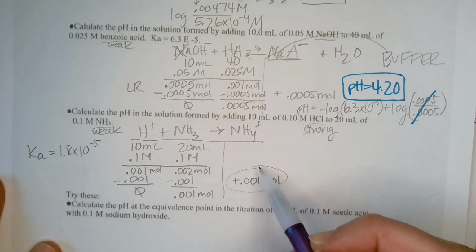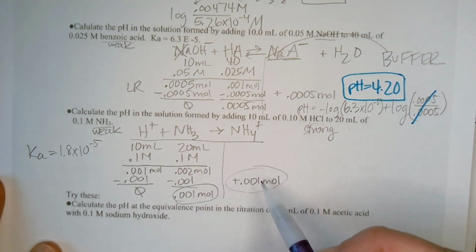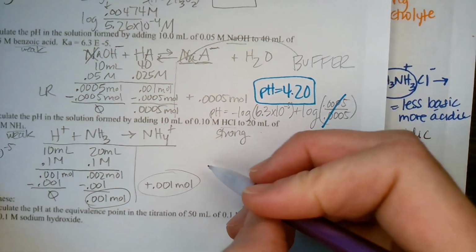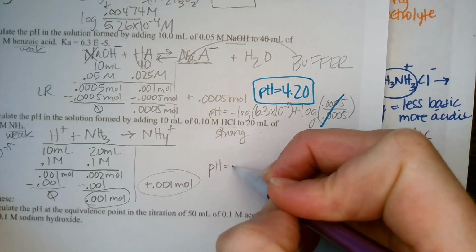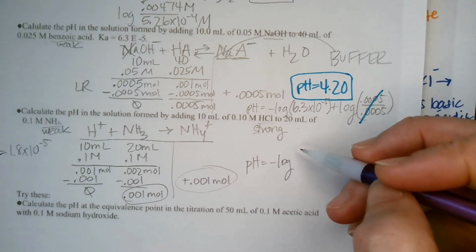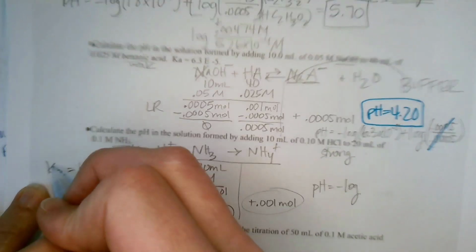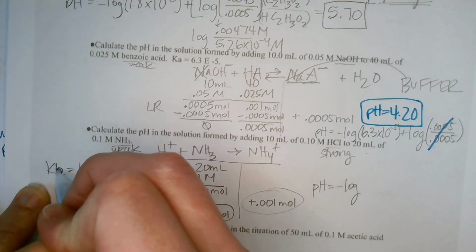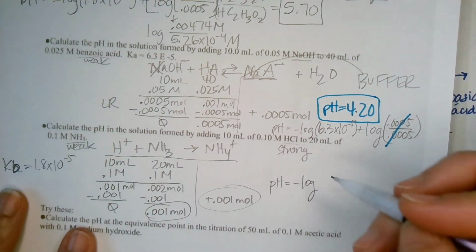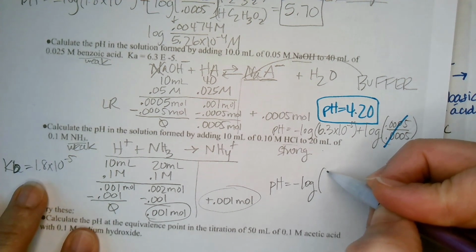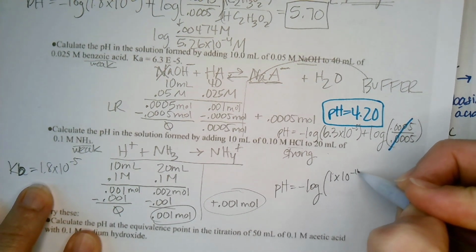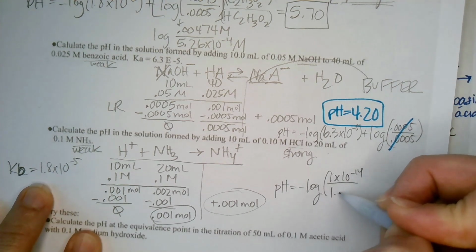Since I have my base and my acid concentrations, I have my Ka, so I can plug it in to pH is equal to the negative log of... oh, that's not a Ka, what am I saying? This is my Kb, because it's ammonia, it's a base. So I need to find the Ka. And remember, we can find the Ka by doing our constant for water, 1 times 10 to the negative 14th, divided by the Kb, 1.8 times 10 to the negative 5,